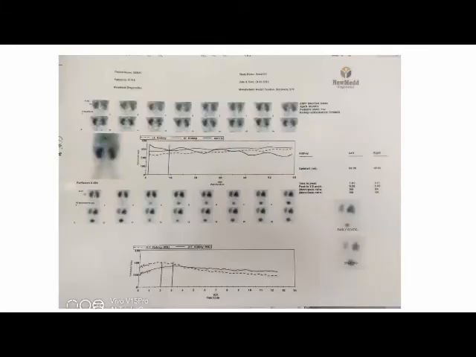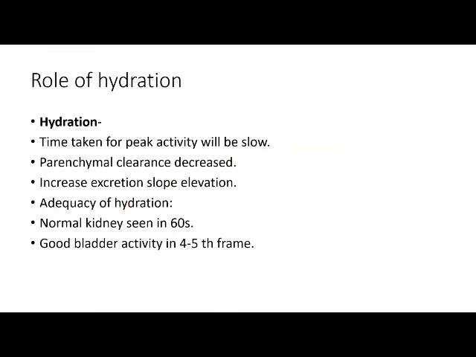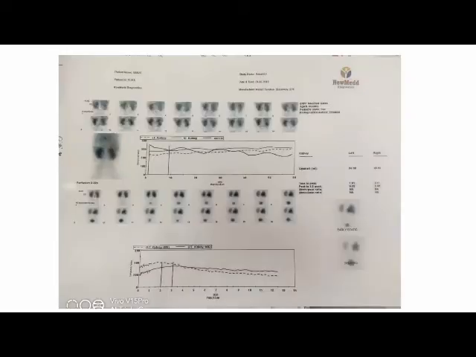So this is how you interpret the EC scans. And the most important thing when you consider the interpretation of EC scan is that it is never based on a single parameter. You will have to consider multiple parameters and then assess the graph as a whole. If you stick to a single parameter, there is always a high chance that there can be misleading results, and it can in turn lead to improper management of the child.